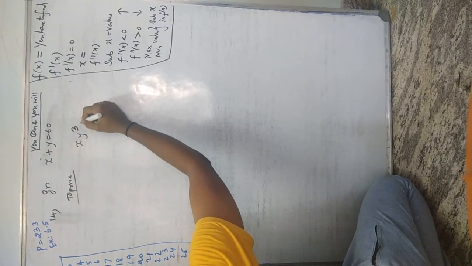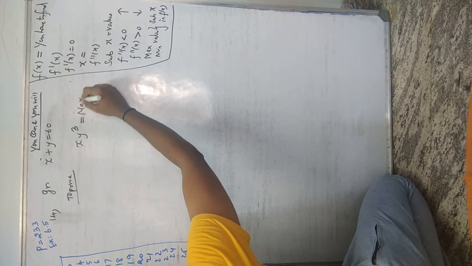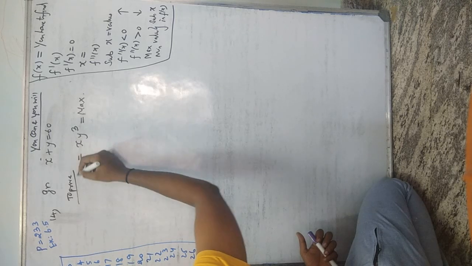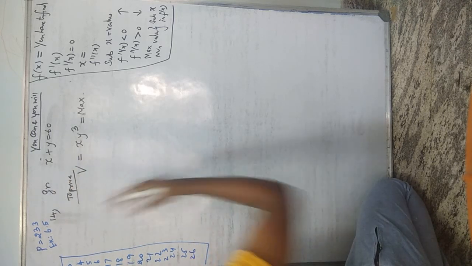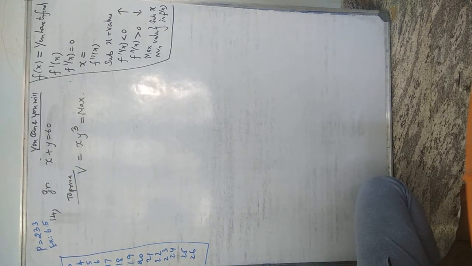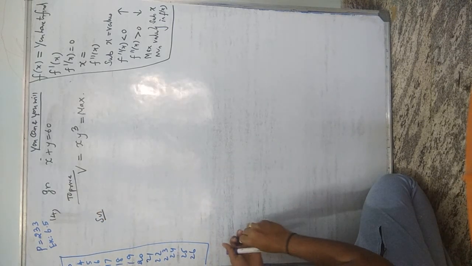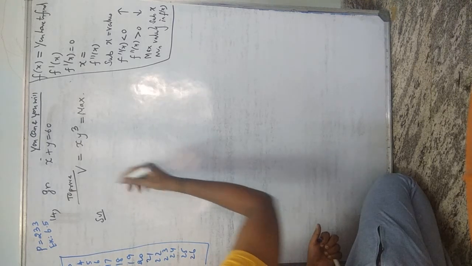x y cube, what do we have to prove? Maximum. So for x y cube, keep some letter. Let me keep v. Okay. So solution, very easy solution. What is the first step? x plus y equals